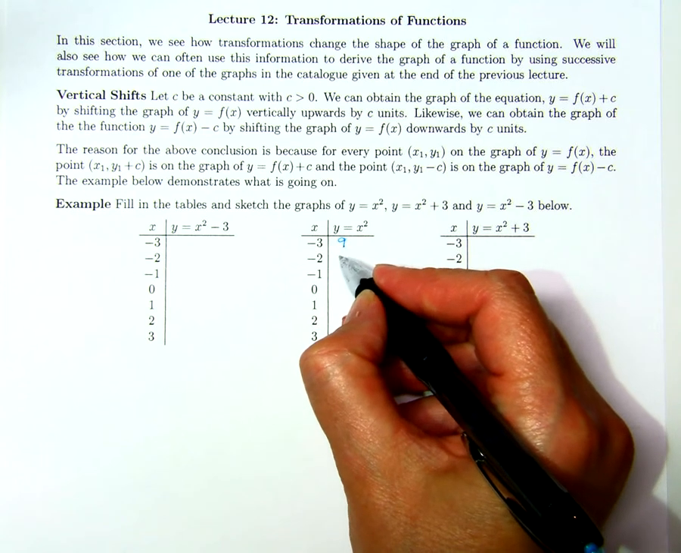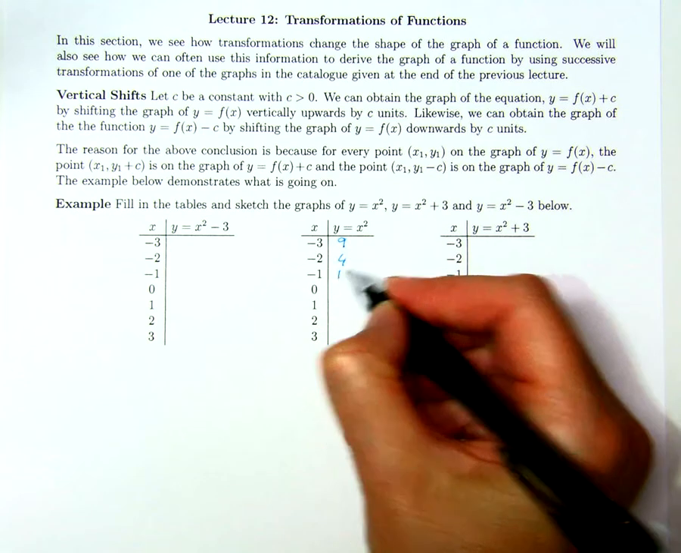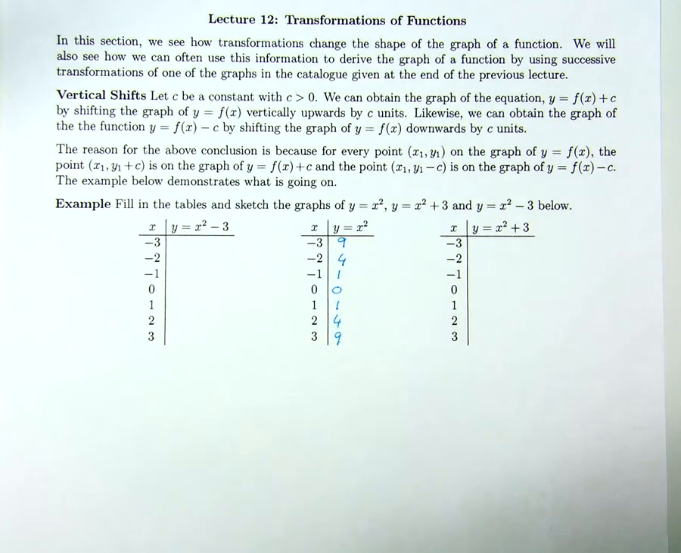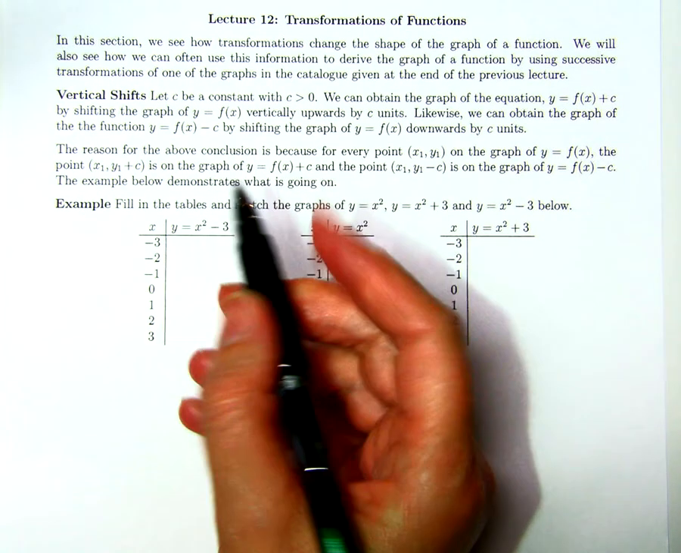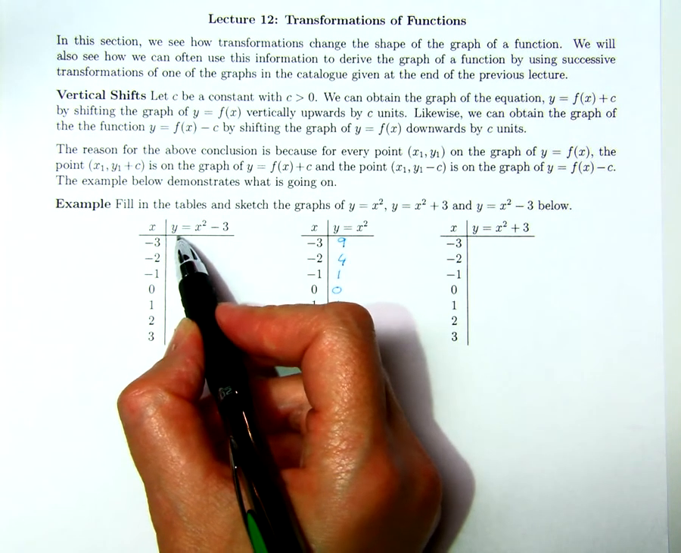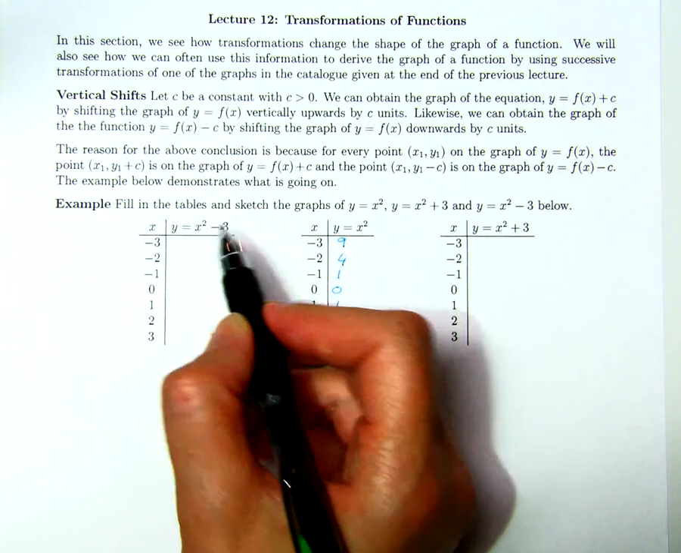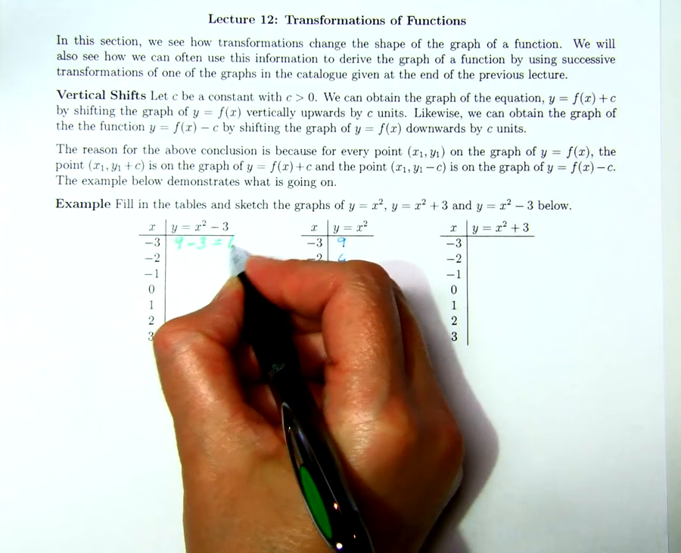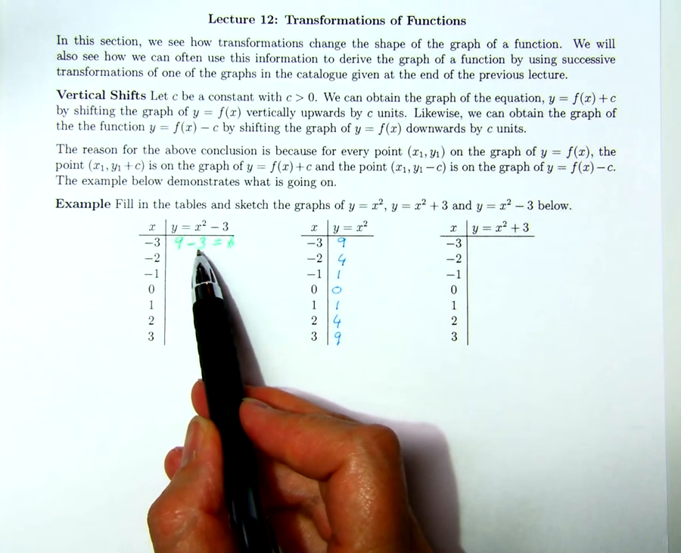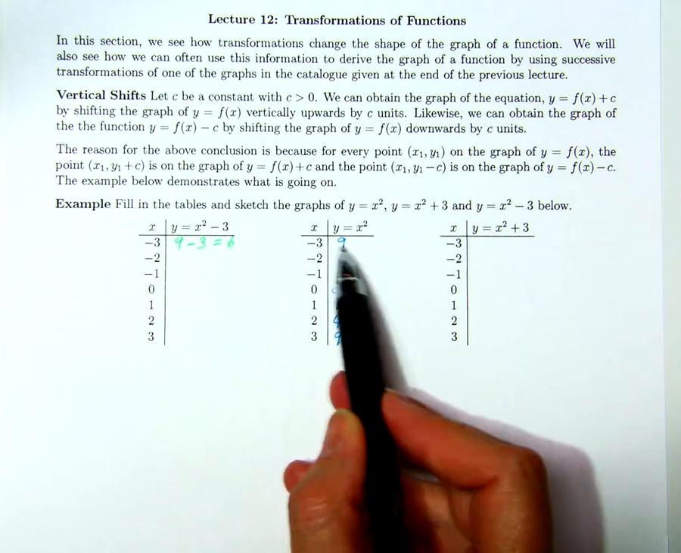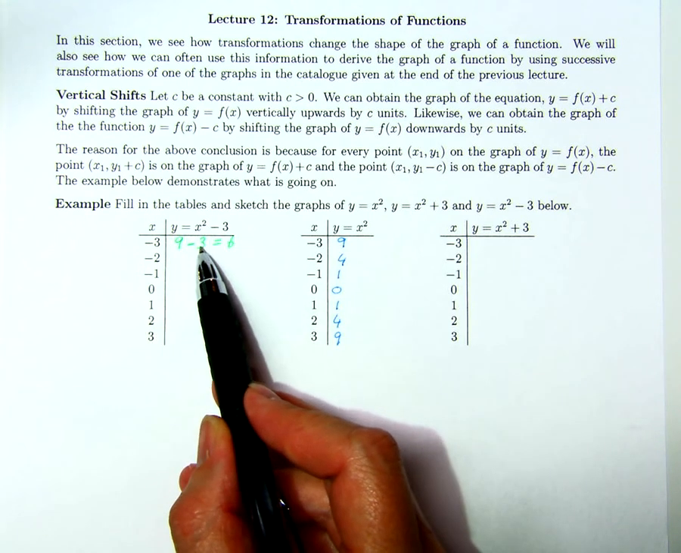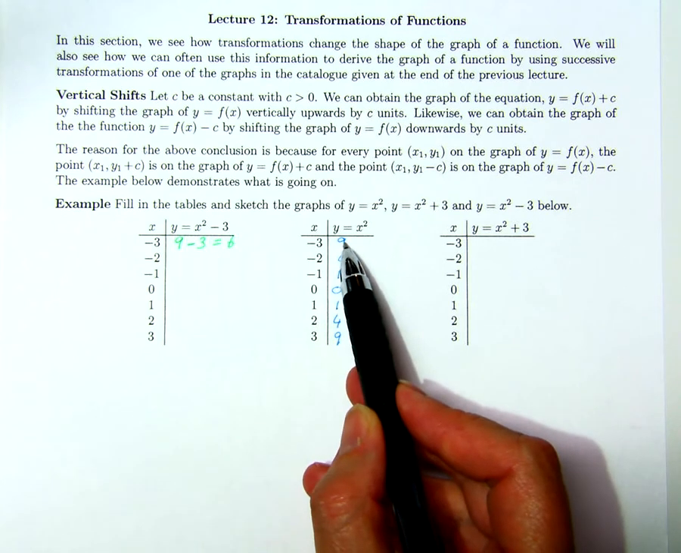When x is minus 2, y is 4. When x is minus 1, y is 1, and then 0, 1, 4, and 9 here. And now when I subtract 3, when x is minus 3, x squared minus 3 is 9 minus 3, and that's 6, but in particular it's the value I got here, minus 3. So the y value corresponding to this x value on the graph is exactly 3 points below the y value